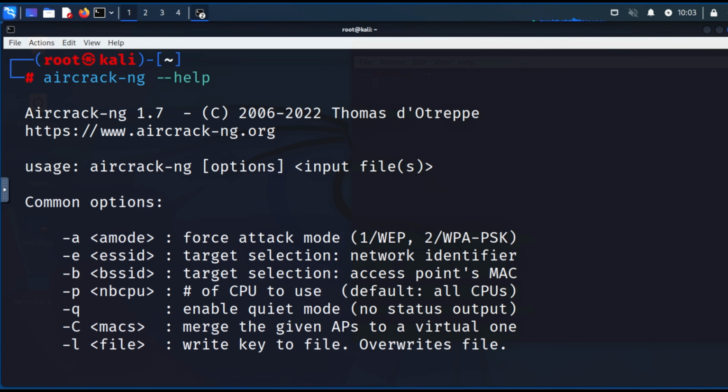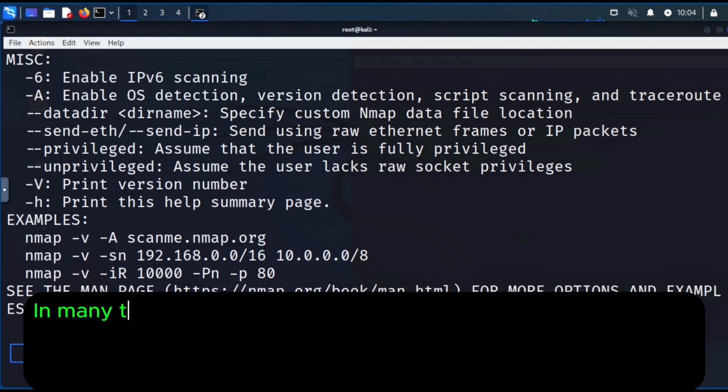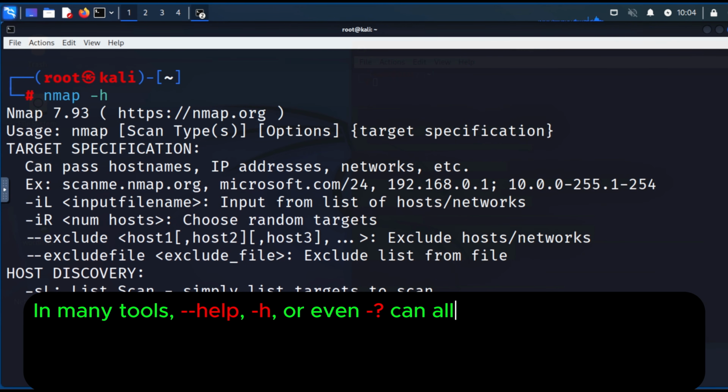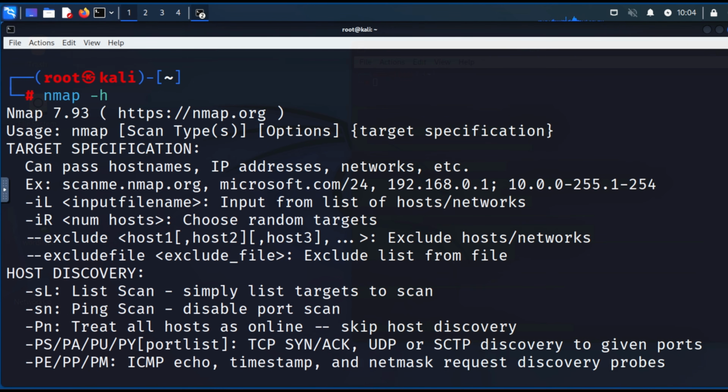Now let's say I want help with another tool like the popular port scanner nmap. I can type nmap -h. In many tools, --help, or even -?, can all work, but not always. Some tools only support one of them. So if --help doesn't work, try -h or -? instead. This is super helpful when you're testing or exploring new hacker tools and don't want to search the web